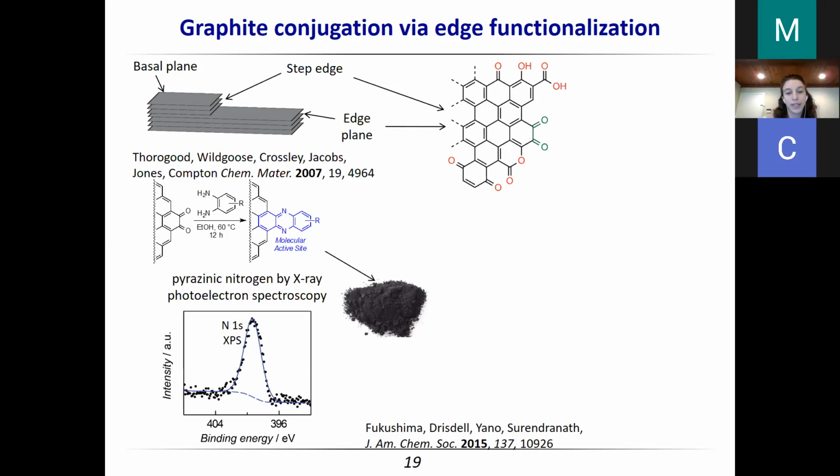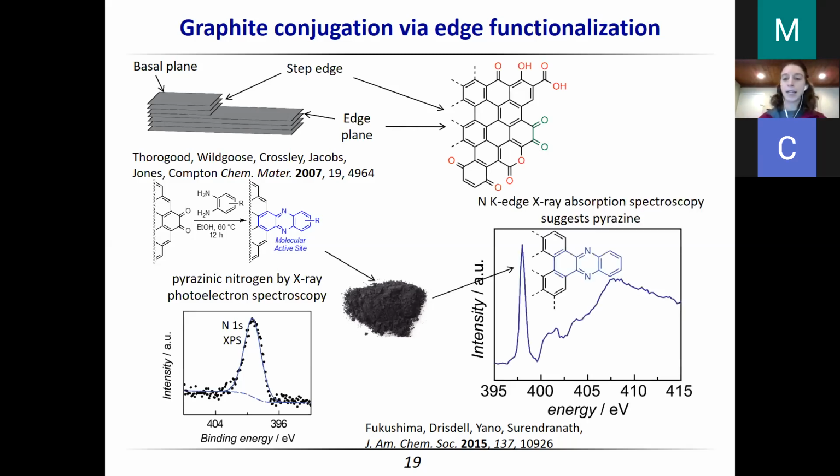We could also scale up the reaction by using carbon powders instead of carbon electrodes. And then we can look at X-ray absorption spectroscopy. You can think of X-ray absorption spectroscopy as a photons in, photons out experiment, follows Beer's law. Imagine UV-vis, but you're using X-rays instead of UV light or visible light.